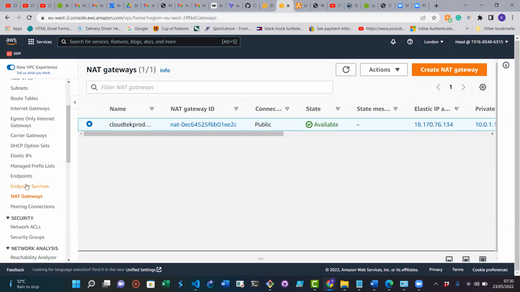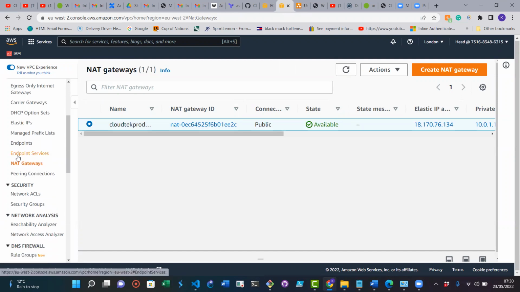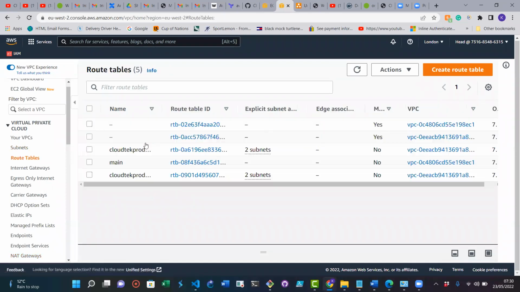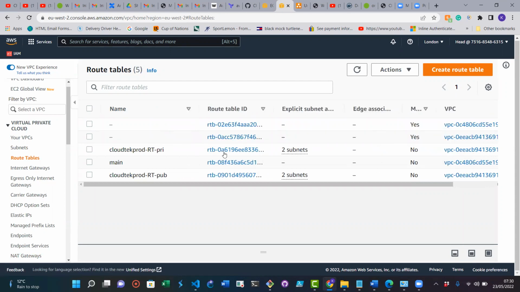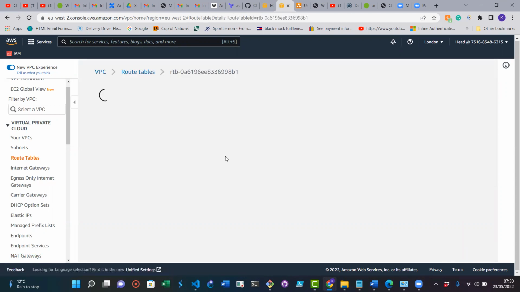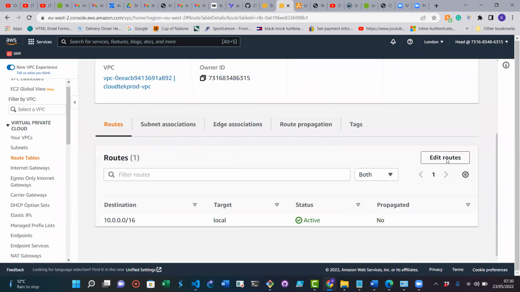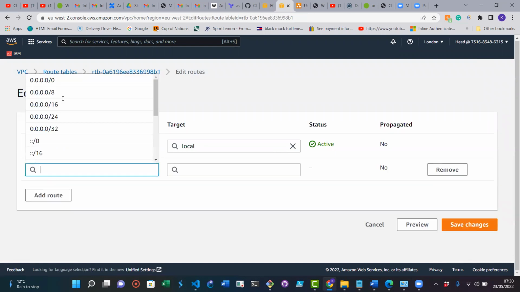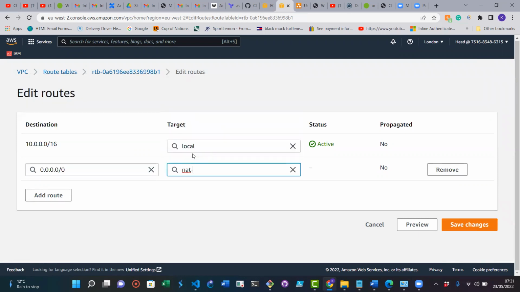Okay, now it's available, so we can go ahead and set up our private route table. So we go back to the route table, expand this a bit. We call this private. If we go in there, we're just going to edit the routes. As we have shown in the other videos, we need to add the NAT gateway to the private route table. So in this case, the one we just created, which is this. Okay, so if we save this,